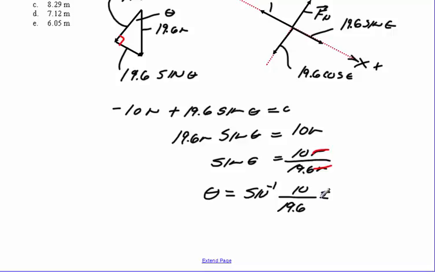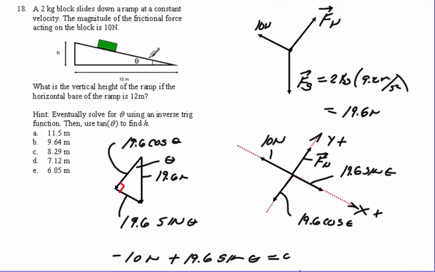I will do second sine. Again, make sure your mode is set for degrees. Inverse sine of 10 divided by 19.6 gives me a value of 30.677 degrees. That means that this angle right here is also 30.677 degrees. Alright, now I just have a fairly simple problem because we know h over 12 is the tangent